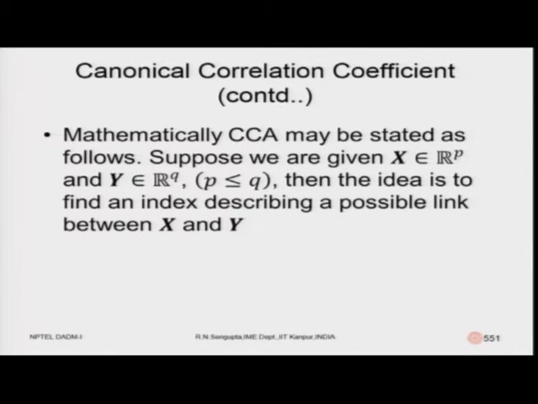Mathematically, canonical correlation coefficient would be stated like this. There are p random variables x1 to xp, and what you want to do is find out the relationship between x1 to xp and y1 to yq, where technically p would be less than or equal to q. What you are trying to do is synthesize and find out the information on the relationship between the x's using the concept of covariances or correlations, such that you can find some relationship between what is given and what you intend to study.